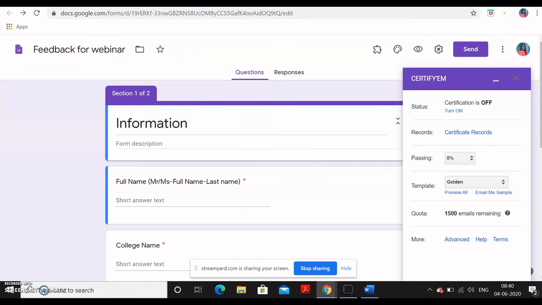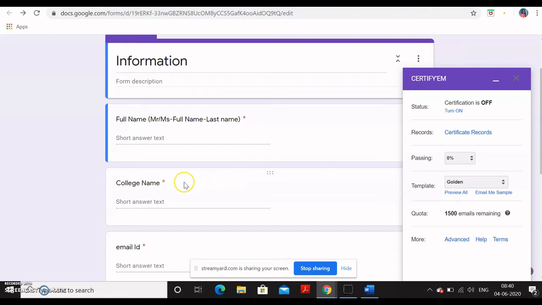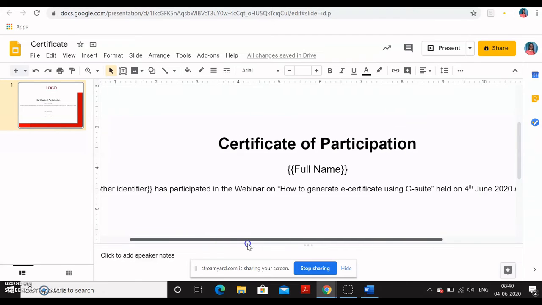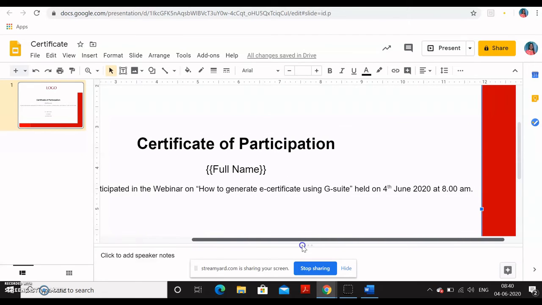Now, what is the next thing in our Google form? After the full name, there is a college name, so other identifier after the full name. That's why I have written other identifier next. This is the second question after the full name in the Google form. So this other identifier, again I have written in curly brackets, has participated in the webinar how to generate the e-certificate on this date.